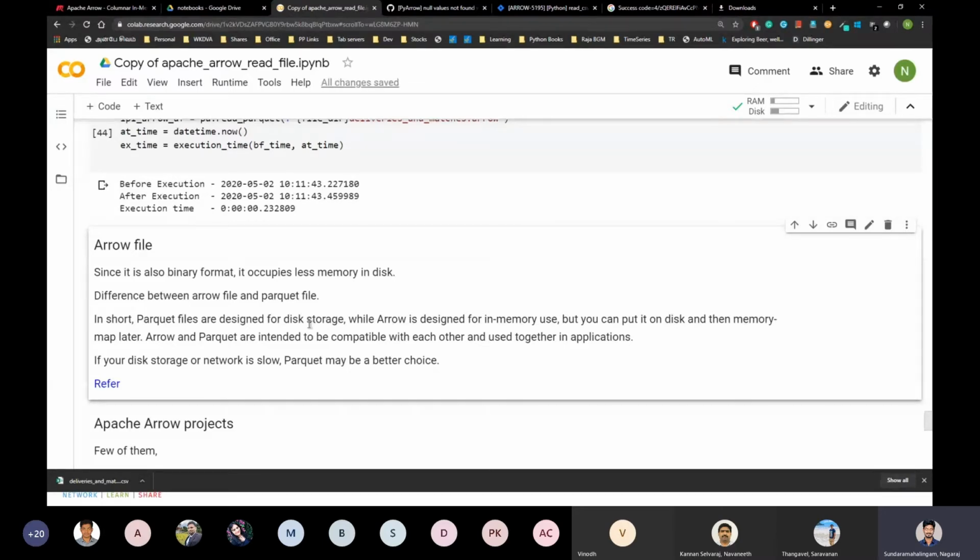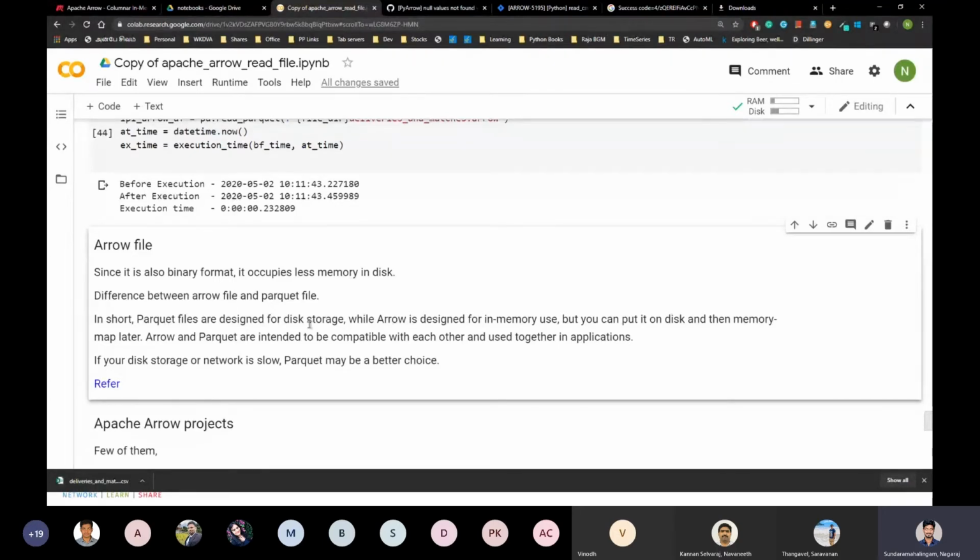Okay, so a Parquet file is mainly designed for storing the data on disk space, and the Arrow file format is mainly designed for in-memory usage, or you can transfer the data from one place to another place.